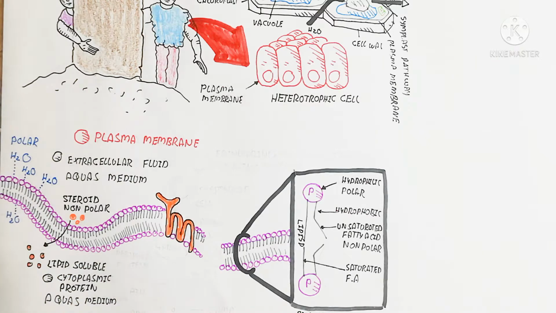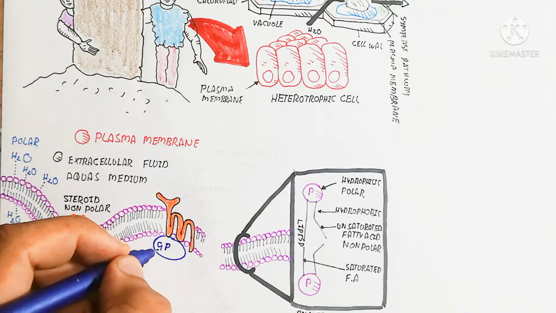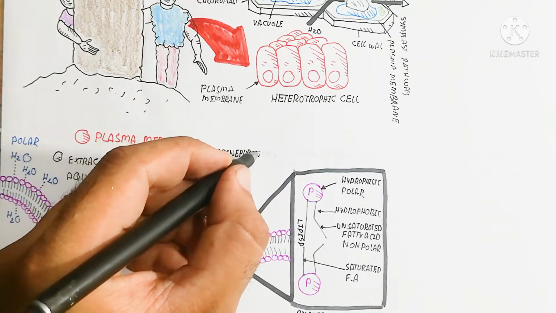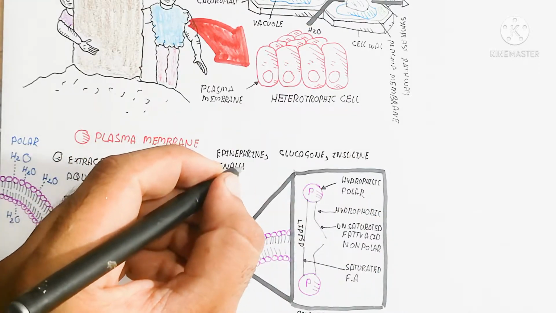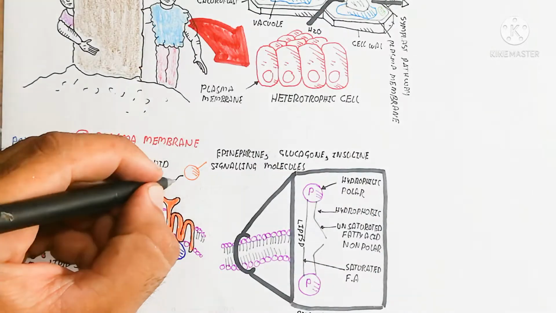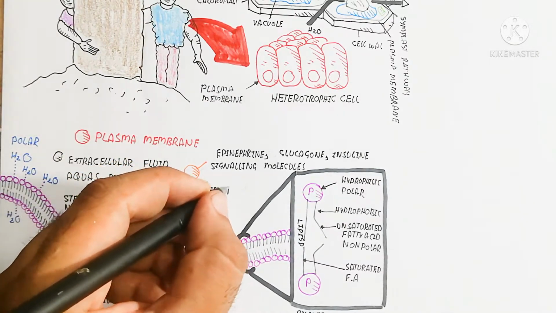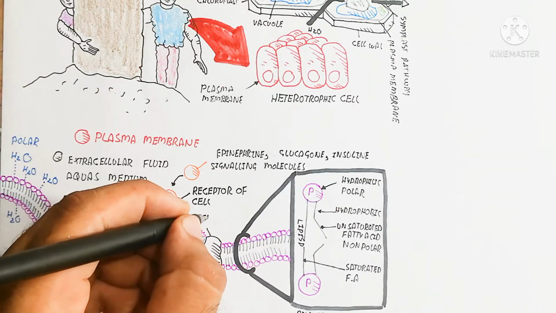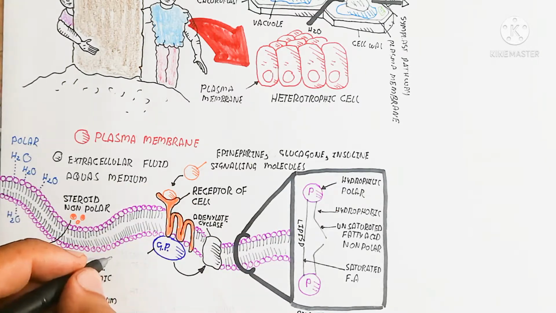Here is the receptor of the cell, for epinephrine, glucagon, and insulin signaling molecules, which will not pass through because they are bigger molecules. These receptors contain a peripheral protein. For example, a G-coupled receptor is present, so G protein is present, which is a peripheral protein, not covalently bonded, and it dissociates during the primary messenger signal, for example epinephrine, glucagon, or insulin signaling molecule,